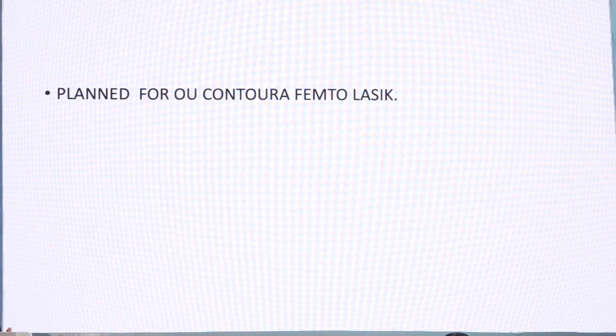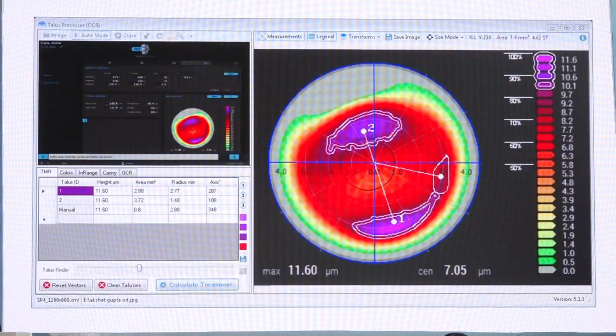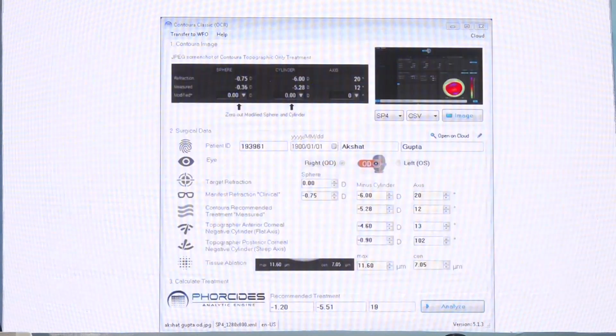I would have done either a toric ICL, or I would have gone for a Contoura LASIK. The patient was more keen to do a LASIK procedure. We use the Forcities for the planning, and these are the tables which come up when you feed the data. And this is the final treatment plan at the bottom. So it's taking into account your refractive error and your measured astigmatism from the topography and giving you a final